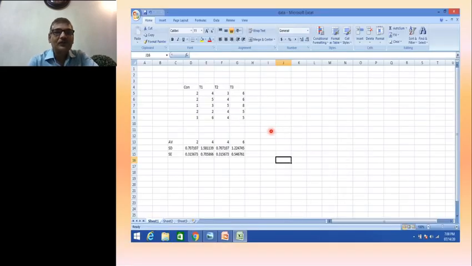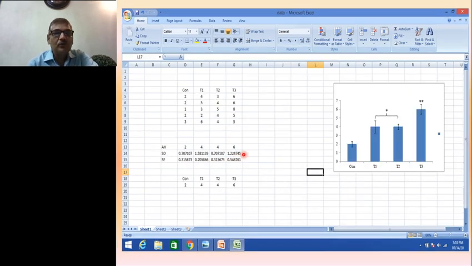Now through an Excel sheet, how do we do this? In this case, again the control values are given, treatment 1 values are there, treatment 2, treatment 3, and then their average values are also given, and their SD value, that is standard deviation, and standard error, these values are depicted.